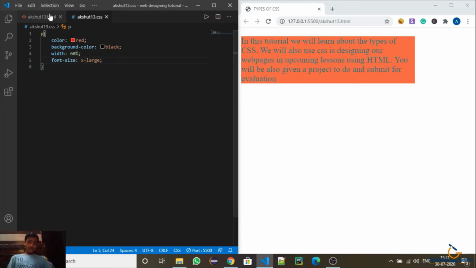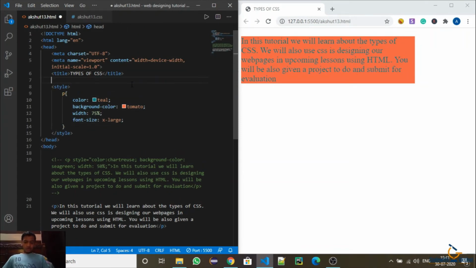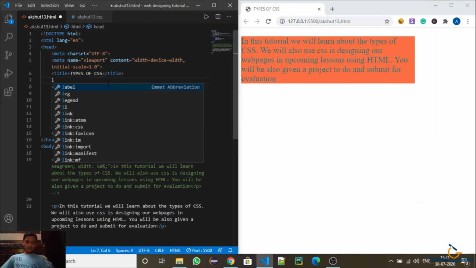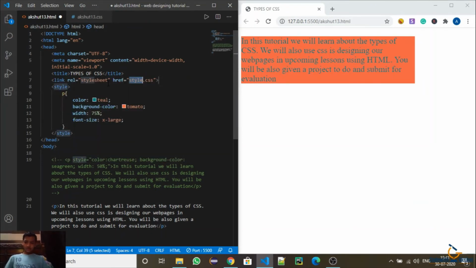As you can see, these properties are not taking effect. This is happening because we have not linked both of these files. So now you go to your HTML and type link and colon CSS. Okay, then you will get this.